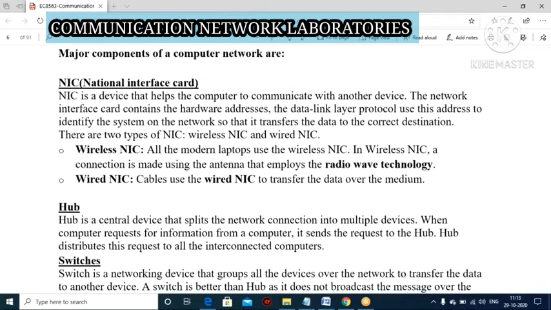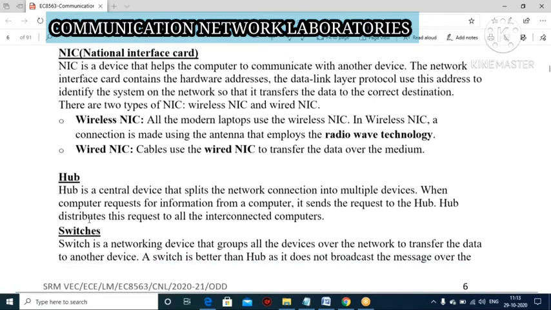When a computer requests information from another computer, it sends the request to the hub. So what happens? The hub distributes your request to all interconnected computers, whichever computers are already connected to the hub. If anyone sends a request to your hub, it will transmit your request to all the interconnected computers. So that is the main drawback here. Okay, that is hub.